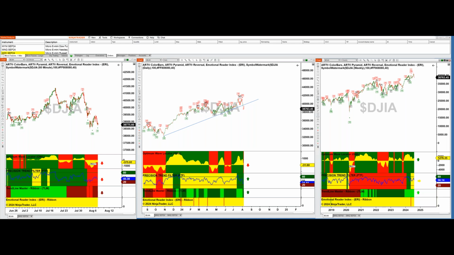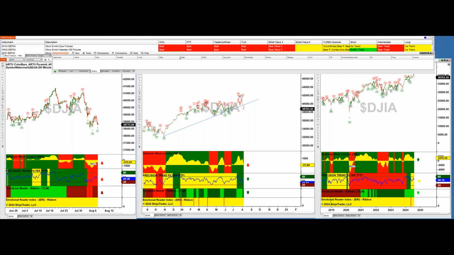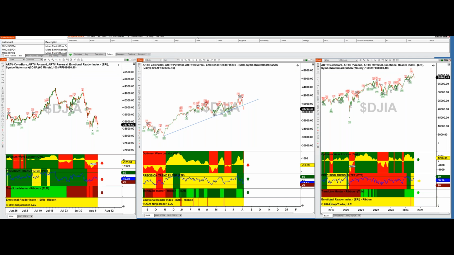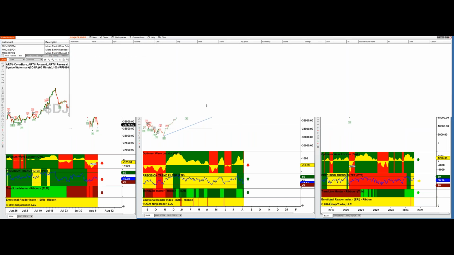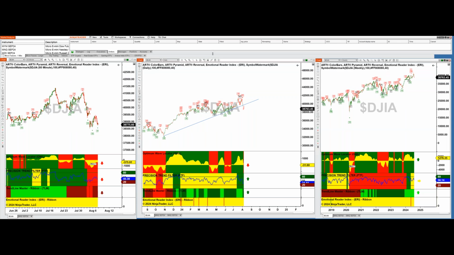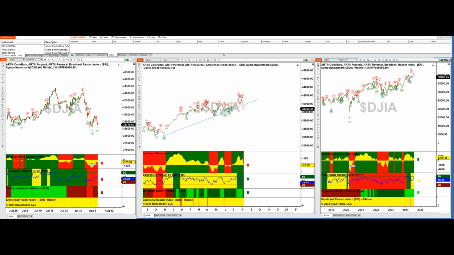But I will run by, since the question's coming up, basically what you want to do is you go to the control panel. And the control panel is this thing right here, okay? I've got it scrunched up, but you can widen it down, you can make it bigger, you can stretch these windows just like you would any window within Windows, right? So it works the same way. So that's pretty generic.